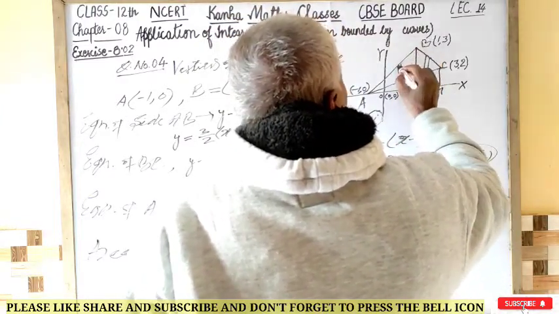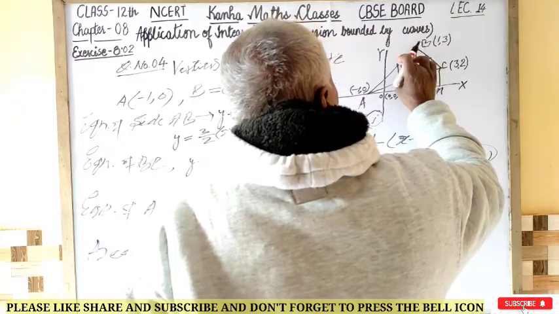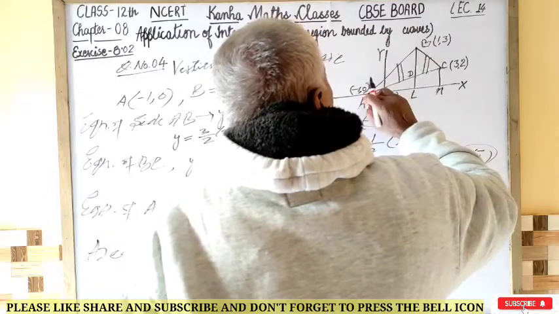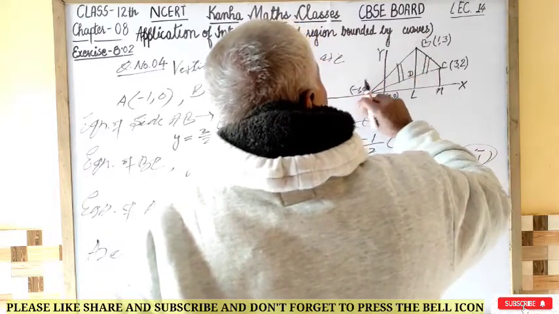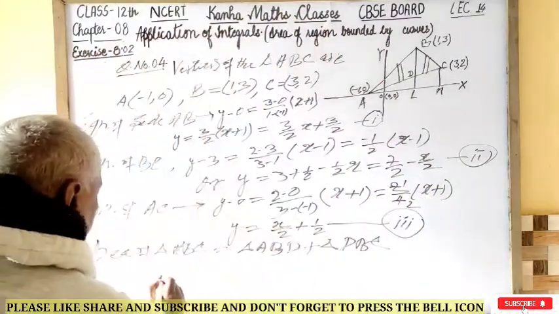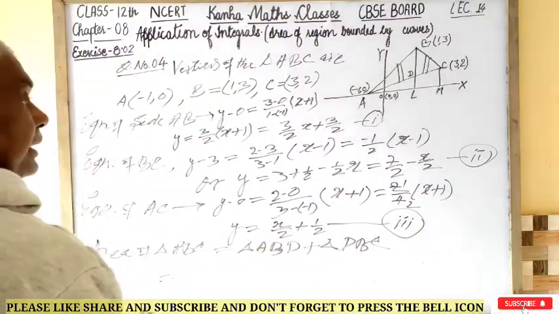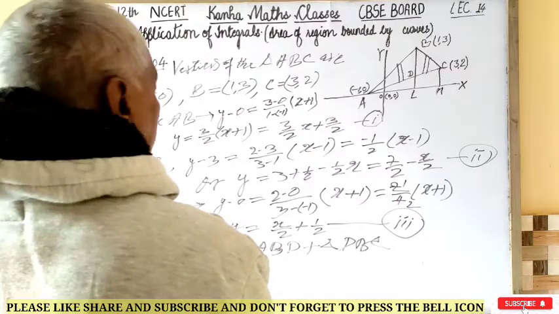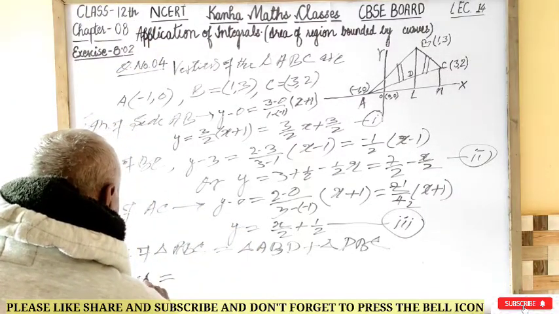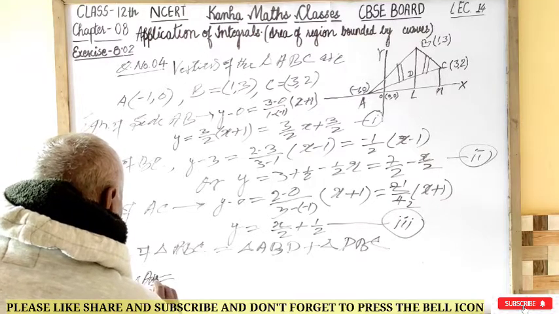Here y2 minus y1. y2 means the value of y in the straight line AB. Now triangle ABD will be equal to